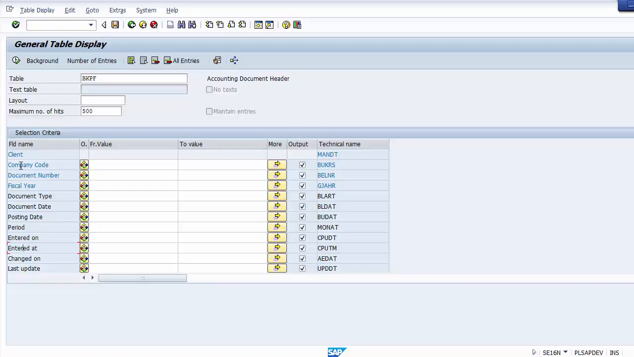That is the company code, document number, fiscal year. Some of those fields will be common so as to have a relationship or a link between the other tables, like the company code, document number, fiscal year. These are the link for the other tables, but apart from that, if you look for document type, document date, posting date, period,